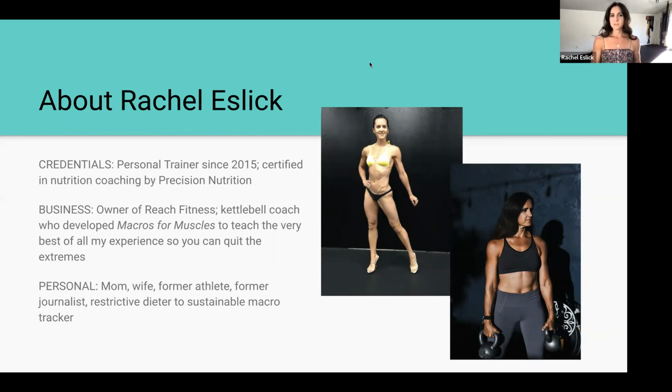I am a fitness coach using the tools that I learned through Precision Nutrition, which is just a very holistic approach rooted in science. There's no specific diet. It's more just about eating healthy, energy in, energy out. Love it so much. I've been using it for a long time. It's helped me, it's helped my clients.